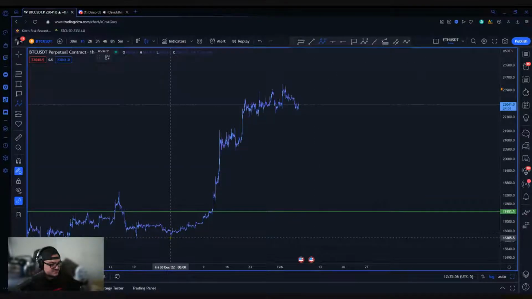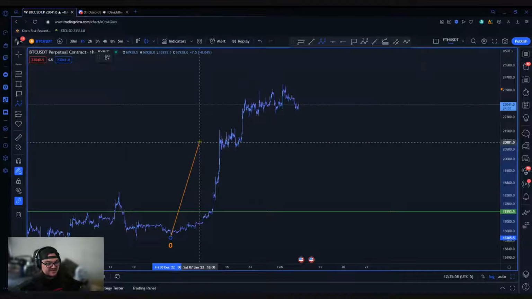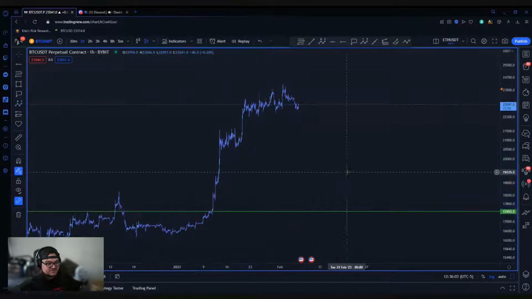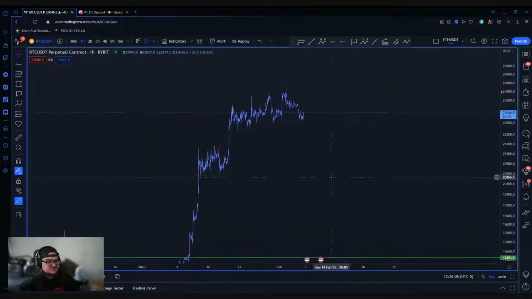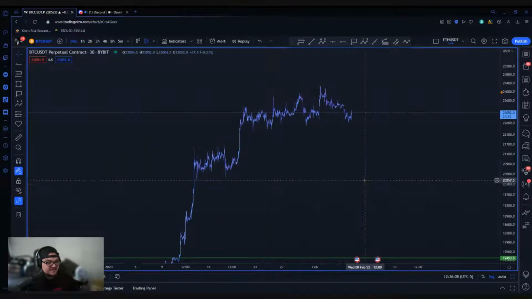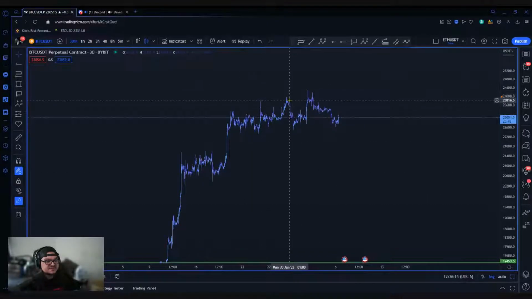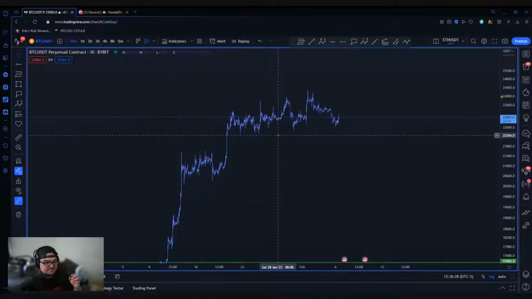But first things first, we do have this ABC here. Now, to me, like I said, this looks like one continuous trend. So I'm going to zoom in a little bit more. Now, mind you, I don't like to zoom in too much. Ideally, I like to stick to around a 30-minute to a 1 hour time frame. And regardless of whether it's a 30-minute, hour, or 2 hour, I zoom out as far as I can. I try not to go anywhere smaller than a 30-minute time frame.